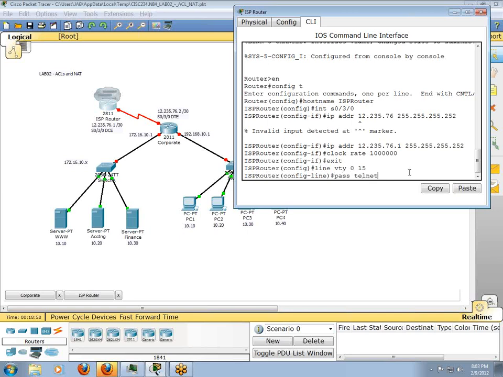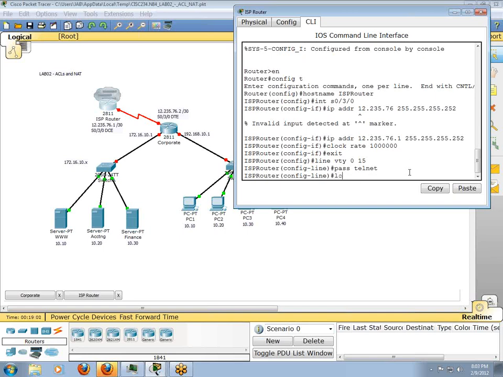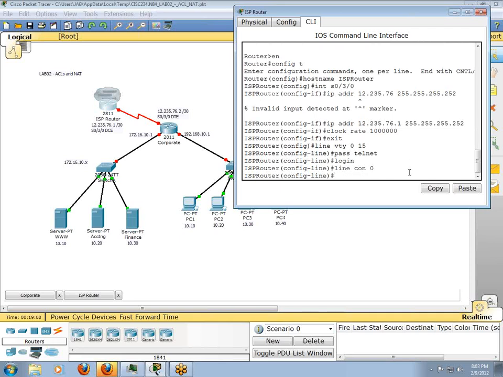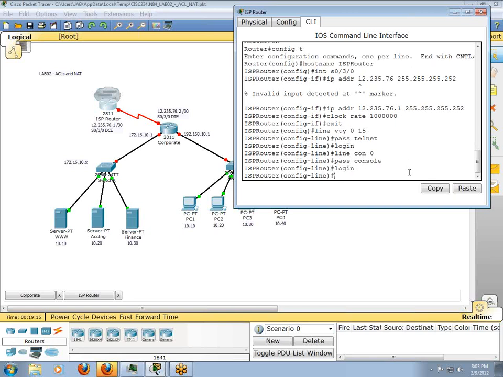So we set the password for telnet connections to telnet. And then we set our console password to console. Finally,